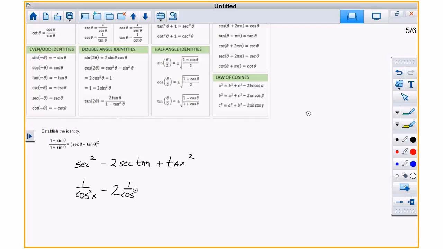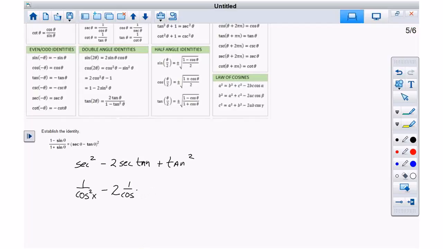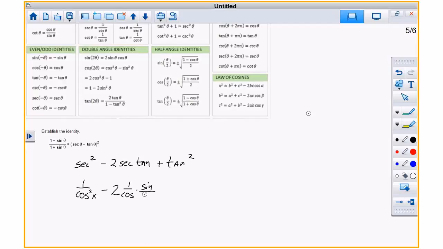And the tangent is sine over cosine, and this is sine squared over cosine squared. All right, check it. So that'd be 1 over cosine squared minus 2 sine over cosine